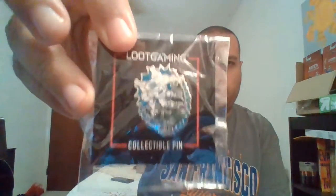So I'm assuming this plastic thing was for the bottle opener. We do the pin here. I don't know what the pin is, it's of a mech or a robot. So I'm not sure what that mech is of. Assuming we'll find out when we do the